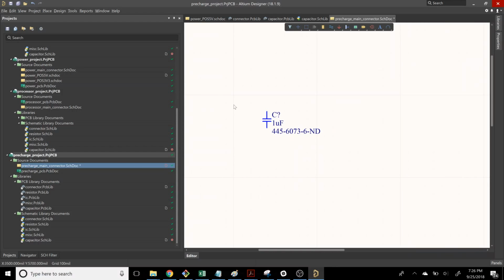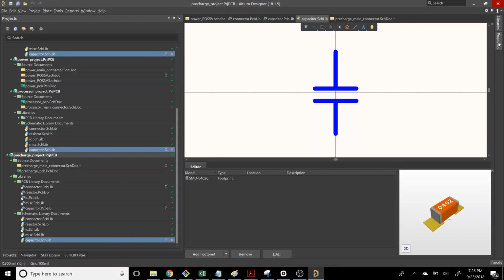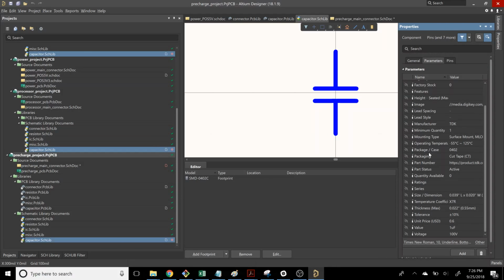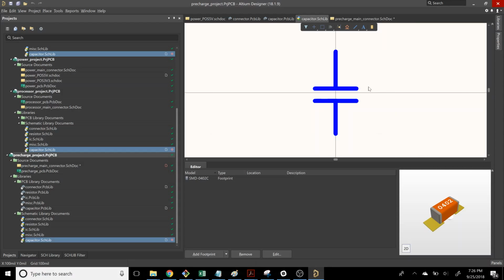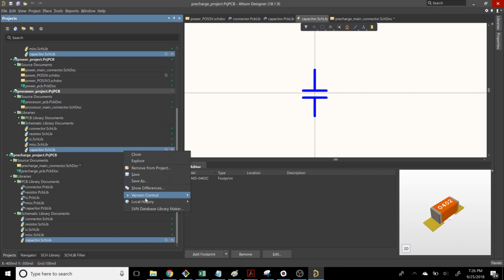So now that's kind of the main steps. The one thing that I didn't show is how to change the default text placement and the default parameters that are visible. You can do that fairly easily in the component properties window. But I think that's actually changed from Altium 17 to 18, so I'll have to take a look at how to do that. But not the end of the world. Hopefully, you can get that fixed. Yeah, so that's kind of the main basic way to do the